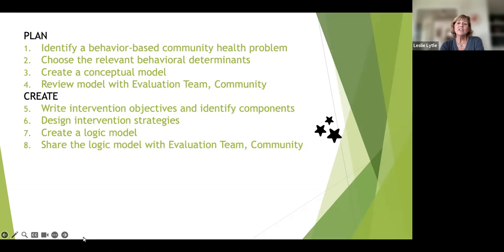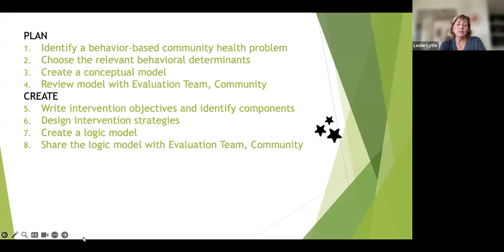The second phase is the create phase. This is where we take those determinants that we've identified. We write intervention objectives, we identify the right intervention components to use, we design intervention strategies, we create a logic model, and then again, we share that logic model with our evaluation team and our community stakeholders to get feedback